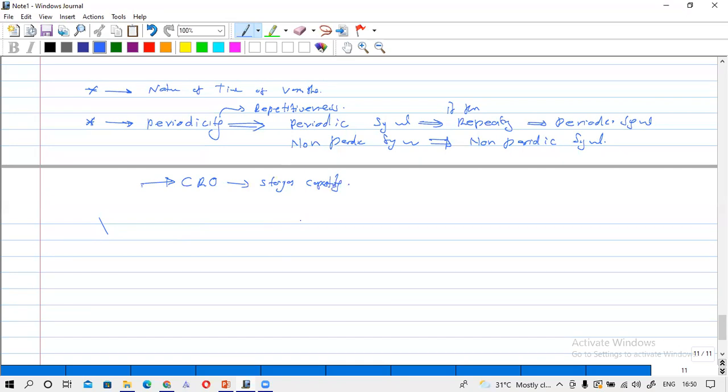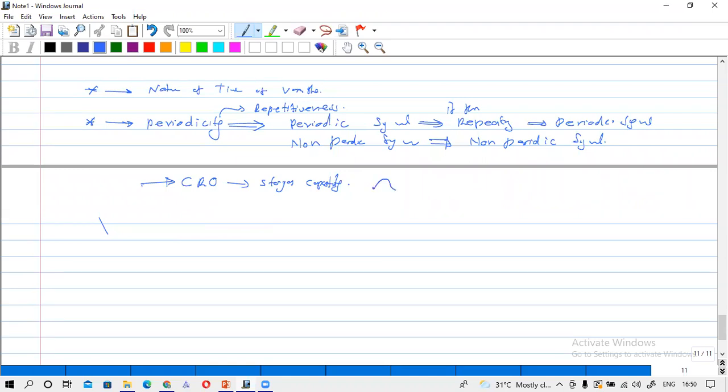Can you remember what type of signal this CRO can view? Normally I think you have seen some sine wave